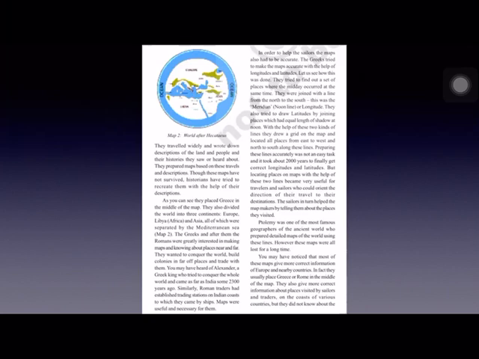Now, with the help of latitude and longitude, they could draw a grid. As you know, a grid is an intersection of latitude and longitude. All the latitudes and longitudes intersect with each other and a grid is formed. And also you know how this grid is useful. We can locate any place easily on the map with the help of a grid. And also we can know the temperature of a place. We can know the climatic conditions of a place.